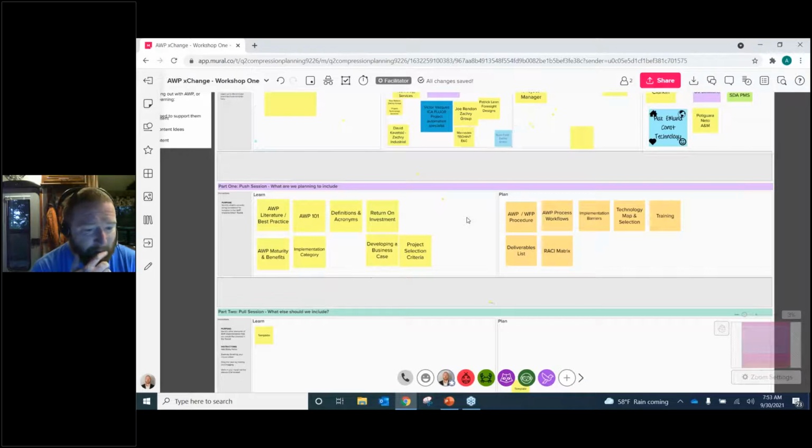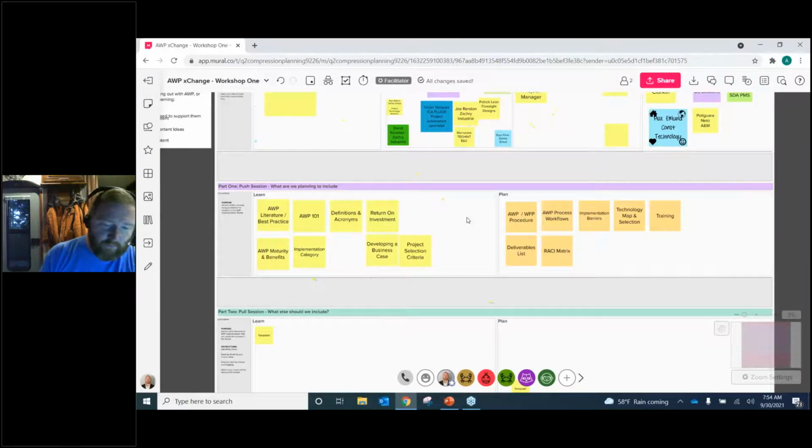And then for the plan stages, an AWP and workplace planning procedure, literally your manual on how to do AWP for your organization, which whatever we create, just for the record, is not going to be perfect for everybody, but hopefully it will give you all a decent starting point and you can modify it to suit the particular terminology of your organization, or if you're an owner or an EPC, there's going to be some slight nuances, etc. AWP process workflows, the implementation barriers that are already available in that CII tool that I was referencing, the concierge,